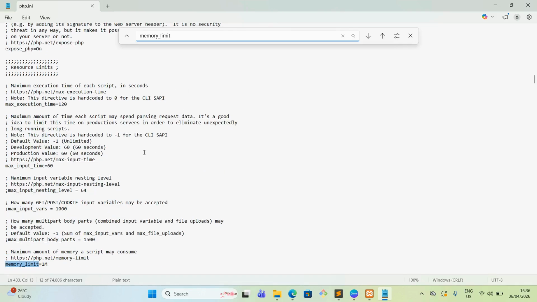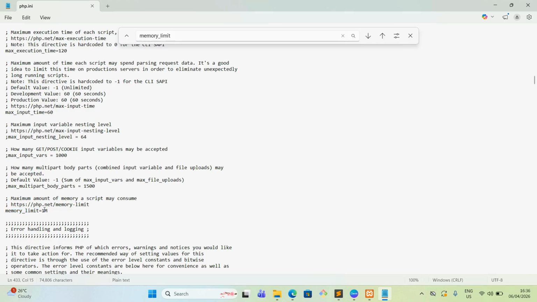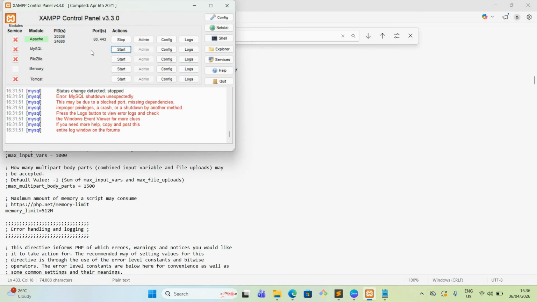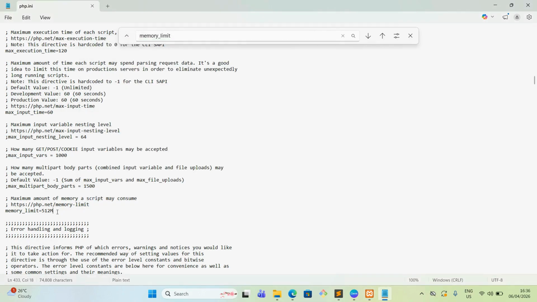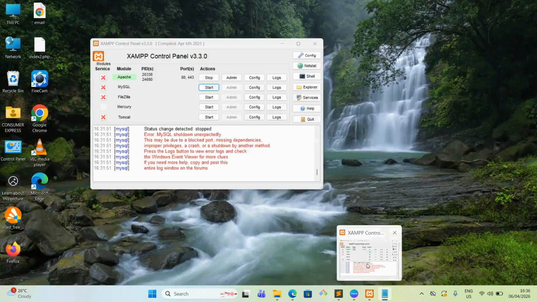Now if I go and check, that's the reason my memory is obviously set too low, because it is set as 1 MB at the moment. Now I have increased that limit to 512 MB, which is equal to half a GB. All right, once I have saved it, the tricky thing is, because of low memory, our MySQL was not even starting. So once we have made this change inside the memory_limit parameter,